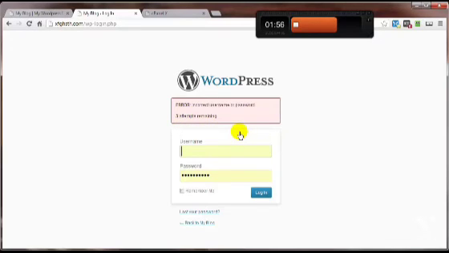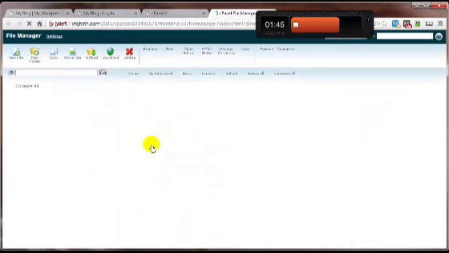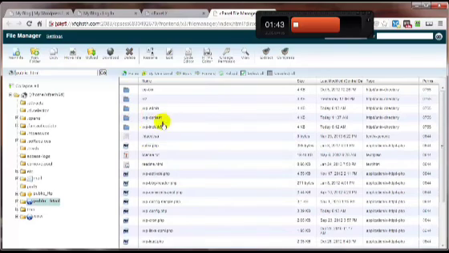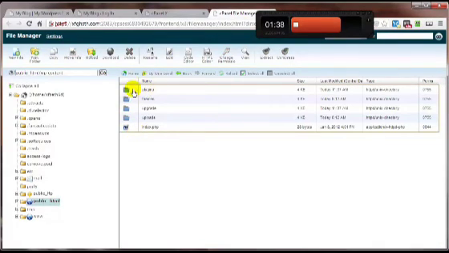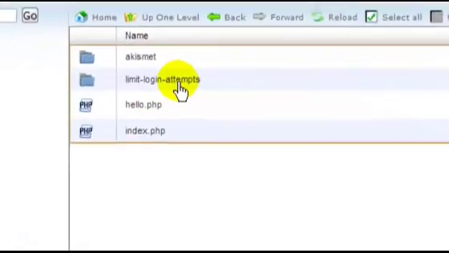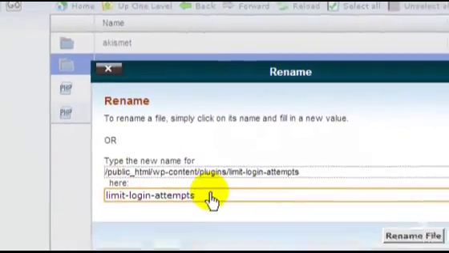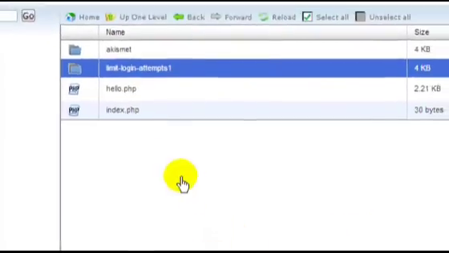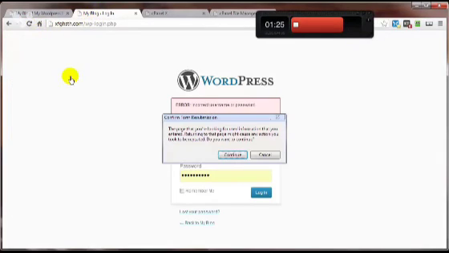If you can't remember your administrator login credentials in 4 attempts, well, you probably ought to just give up altogether. But if you want to, you can go into your cPanel or FTP account and just disengage that plugin. Come on down to File Manager, look for that plugin, and just rename it. That's in the wp-content directory. Open that up. In the plugins directory, open that up, and right here, just rename it. I just put a number after the end of it, like 1. Just basically change the name of it. And then come on back here, refresh, continue,